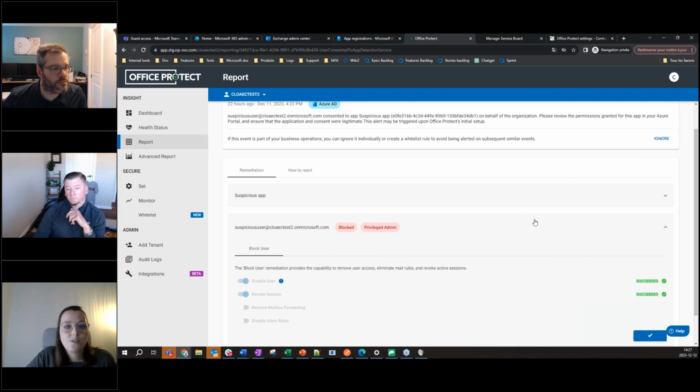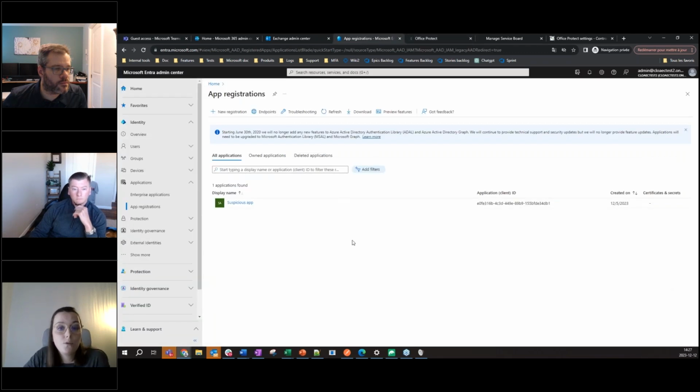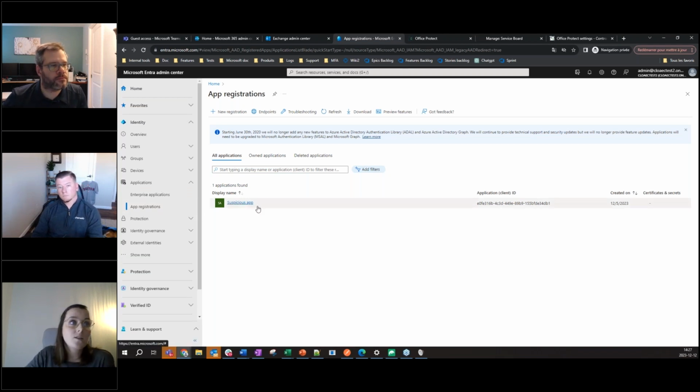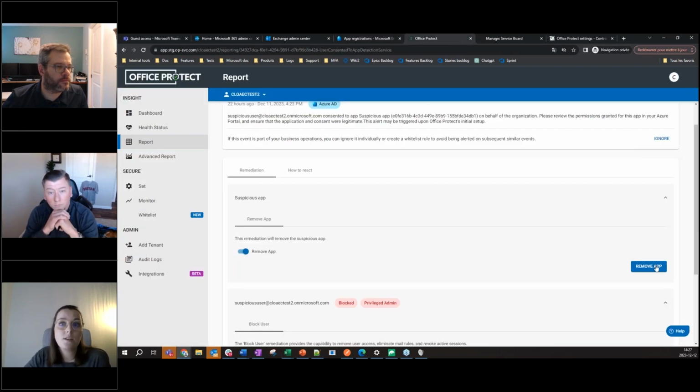Now that this user has been blocked, I can act on the application too. This is a suspicious application. I don't want it to access the data on my tenant, and I don't want it to have permissions on my tenant. So I can remove it directly from here. You can review the application permissions from the app registrations in the Entra Admin Center. So here it is, suspicious app. I want to remove it. If I click remove app, you don't need to have a